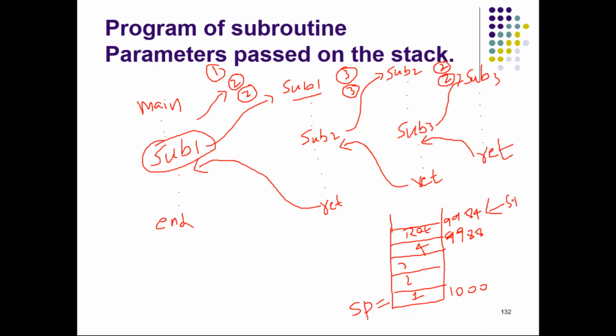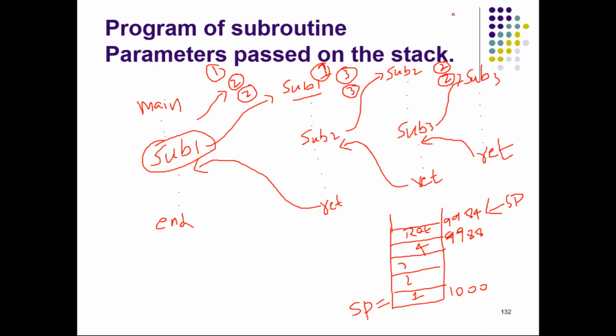Again, if you push these items, 3 plus 3 is 6, plus 1 return address for subroutine 2, so it will be another 7 pushes you have to do. For the next call you have to do another 5 pushes. So if you do such things, what happens? The point I am trying to say is the stack will keep on growing. The number of pushes in the stack will increase and the stack pointer will go somewhere else. This is just for 3 nested calls. If there are 5 nested calls, then what will happen?